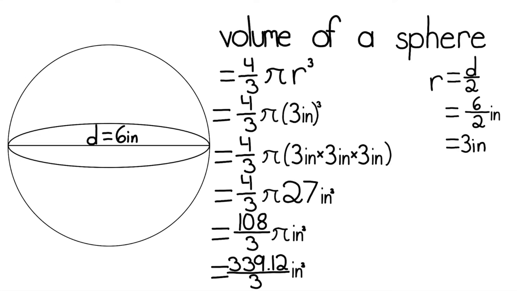So now for our final step, we're going to do 339.12 divided by 3. So that would equal 113.04 inches cubed. So now that we have solved the volume of this sphere,